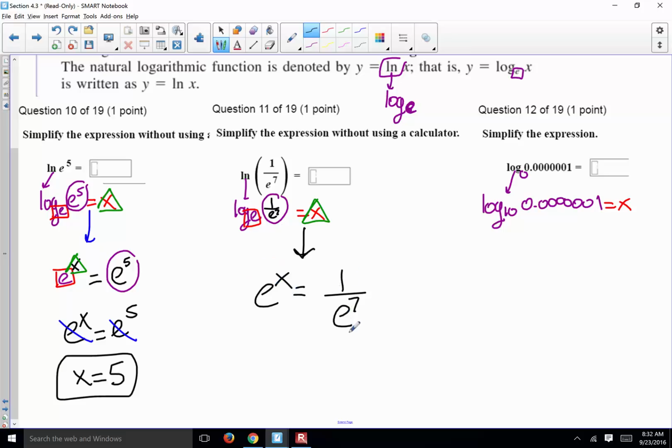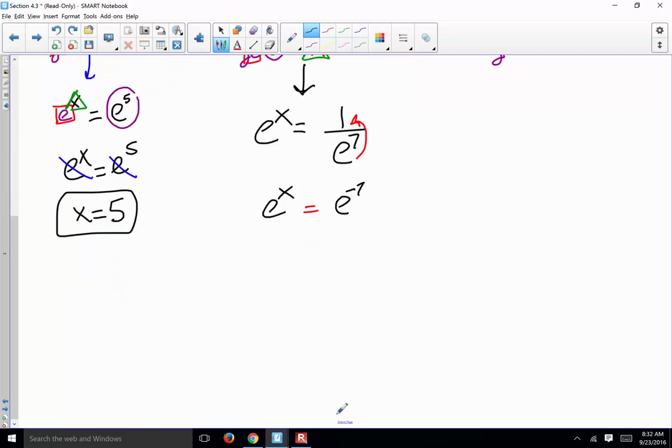This is 1 over e to the 7. e to the 7 is in the denominator. I cannot wipe these off. So what do we do? We change this into e to the negative 7. Okay, and clear these out. x is negative 7. Okay,